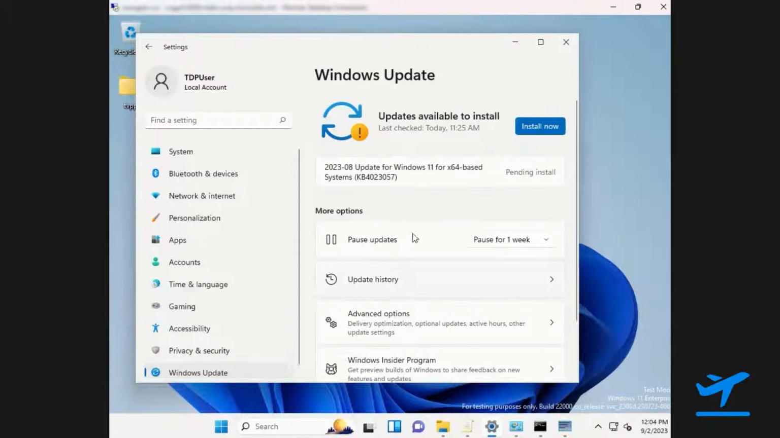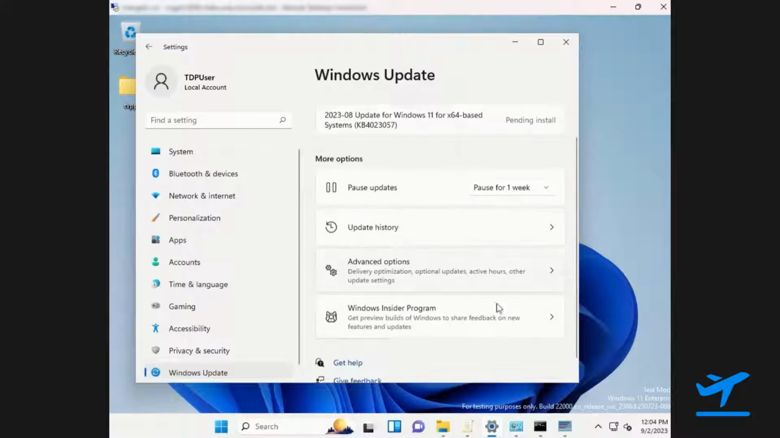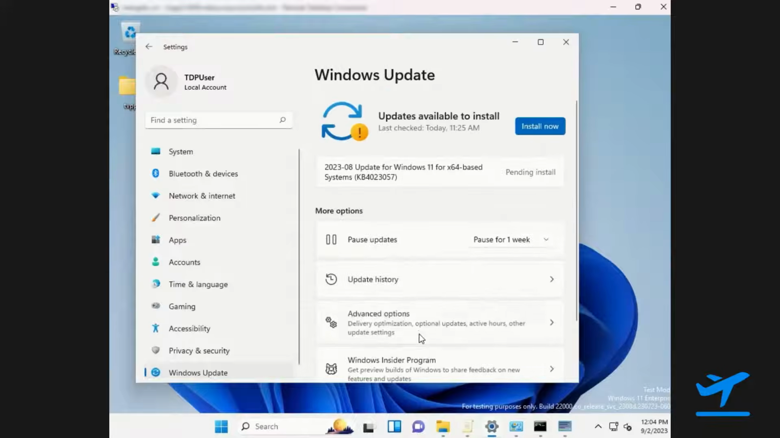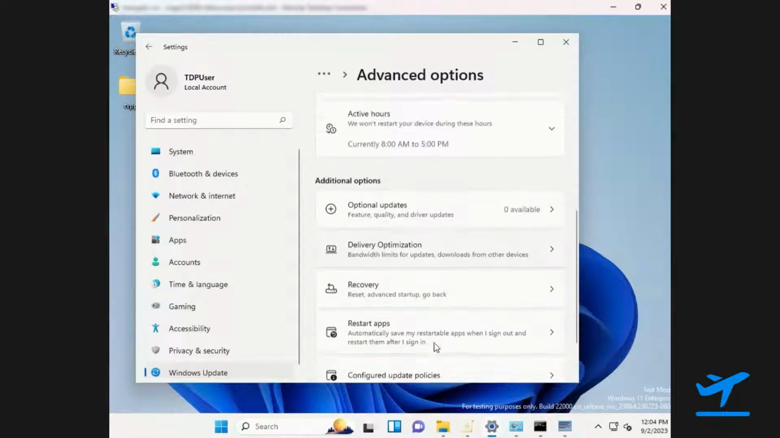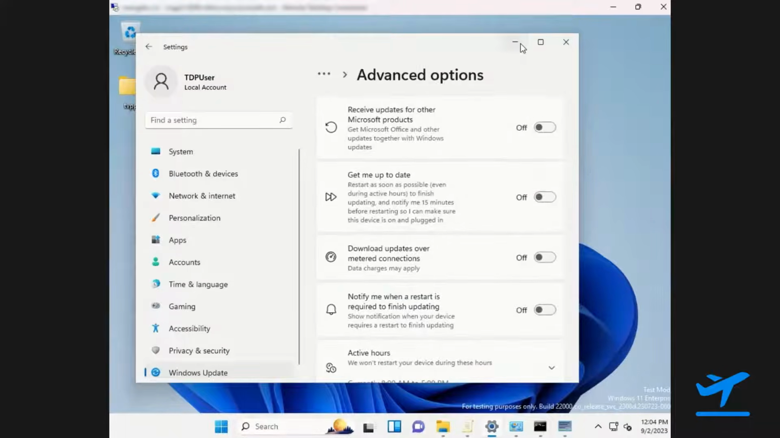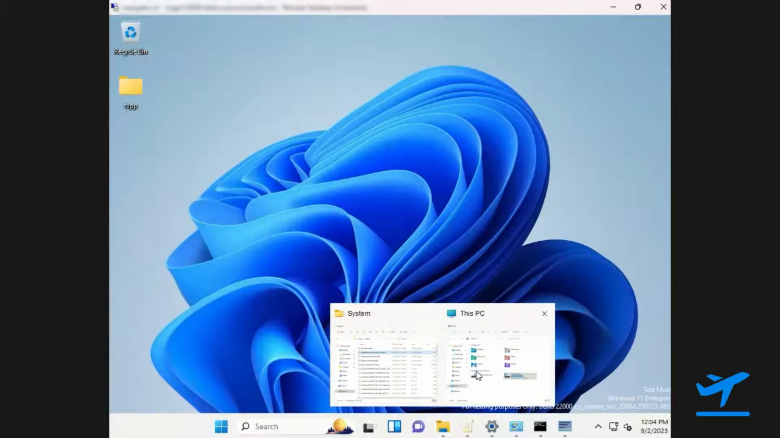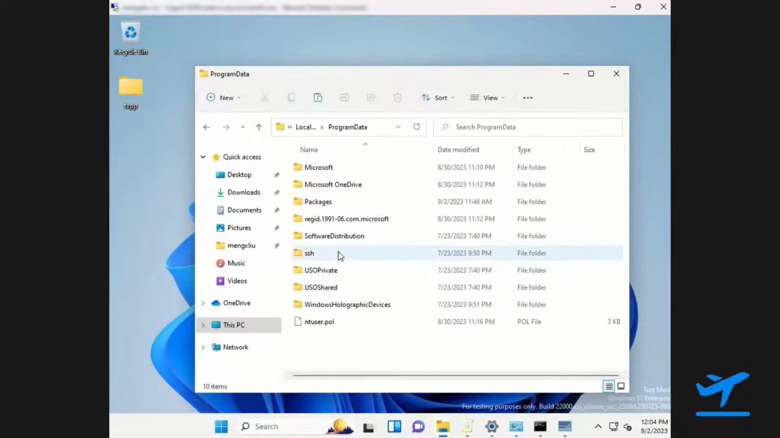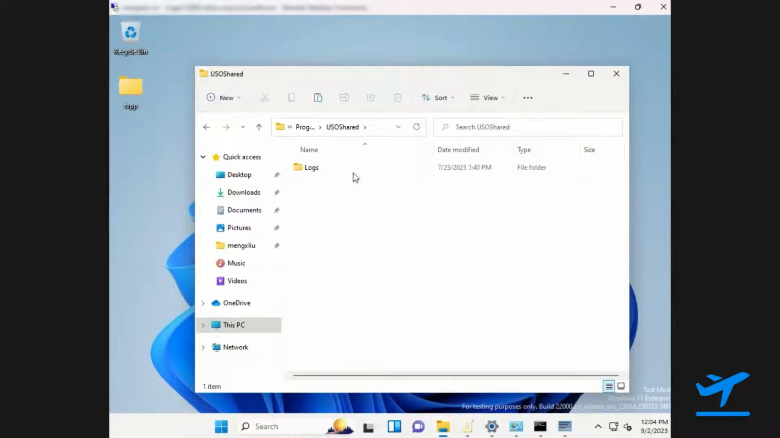And then once we confirm that, we go to the settings page to make sure that our update is actually pending install. We go to the Windows Insider program to make sure that we're enrolled. After that, we go to our configured update policies to confirm that, hey, the update policy is actually administered. After that, we go to our logs, and we go to ProgramData, to USO shared, to logs, and then